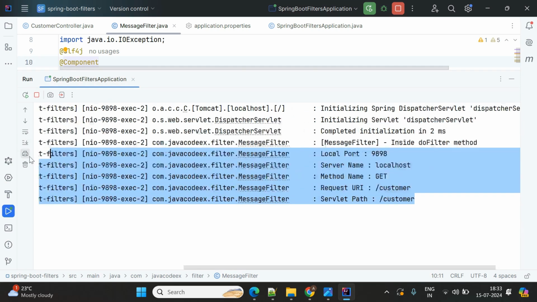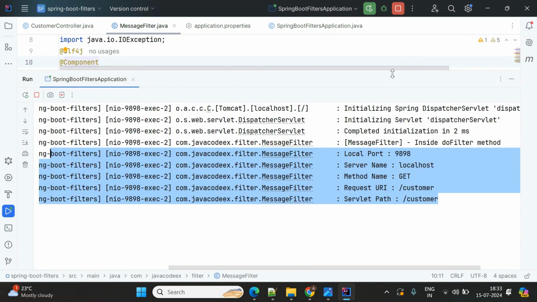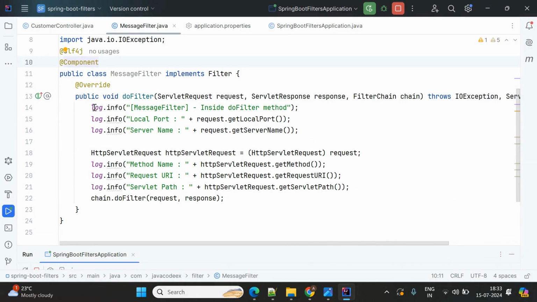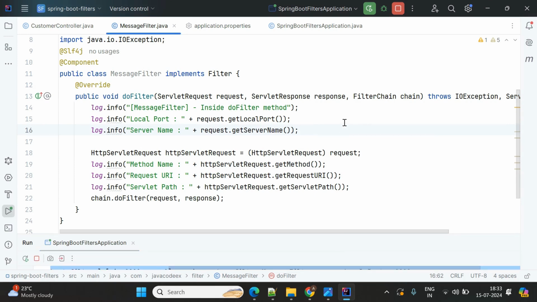See, like this, if you want to see the information about your request, then you can use the doFilter. It will print all this information before processing your request. Not only this information, you can use it for the authentication and authorization process and logs. If you want to configure a centralized logging mechanism, then you can configure it here. Okay, so this is